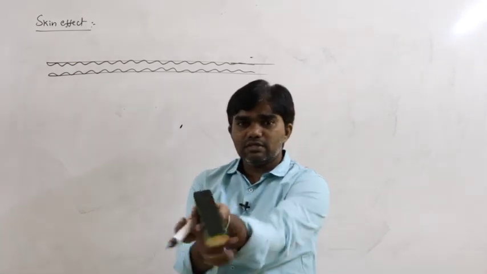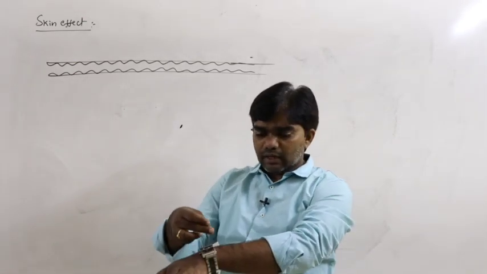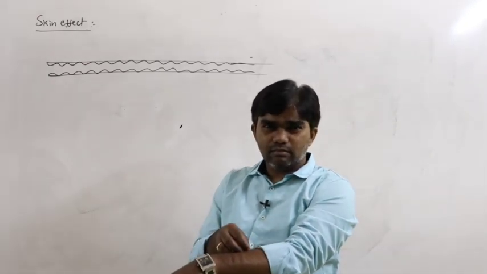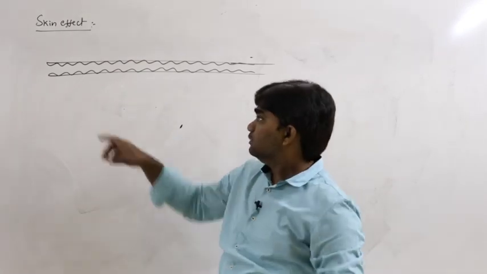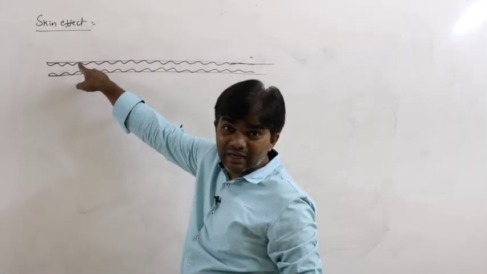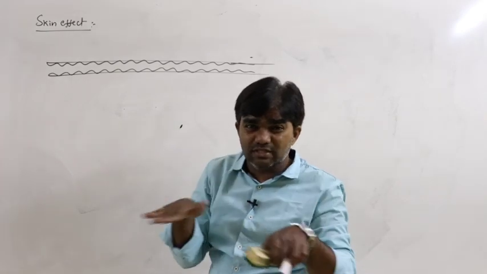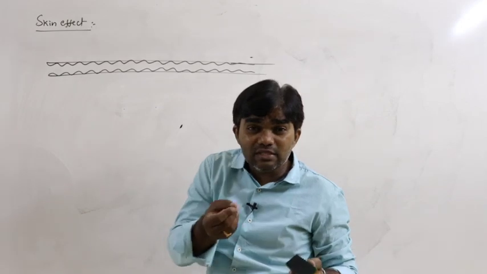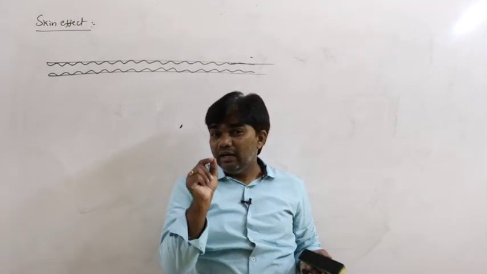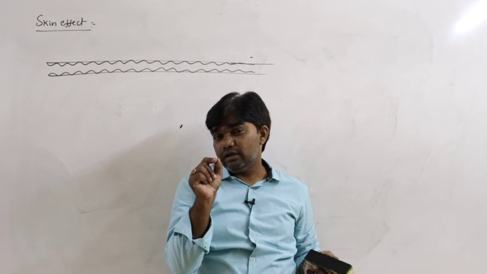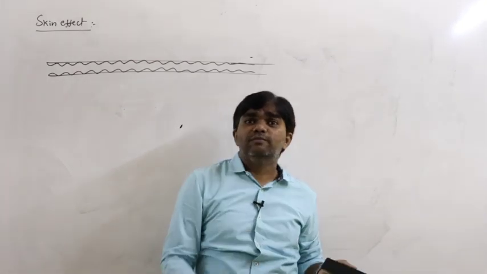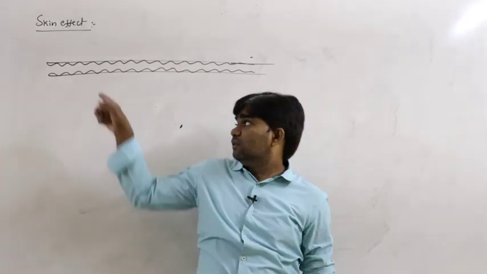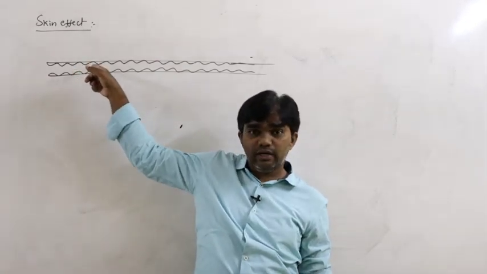That means, for example, this is our body. Generally, the current passes only through the skin. It does not pass through in depth. Here also the alternating current passes only through the surface. It does not travel through the inside because of the inductor. What is the role of inductor? Inductor does not allow the current to pass through it. It offers a certain amount of opposition for the flow of electric current. So that's why the current does not pass in depth.